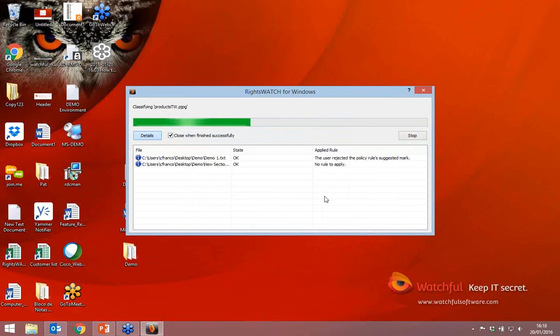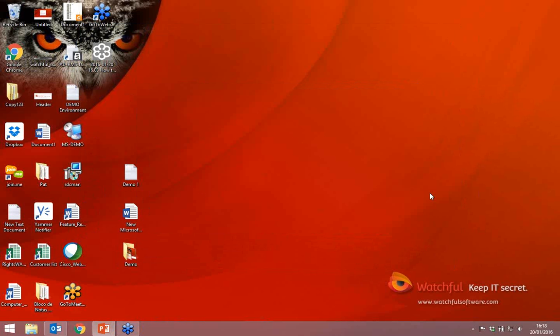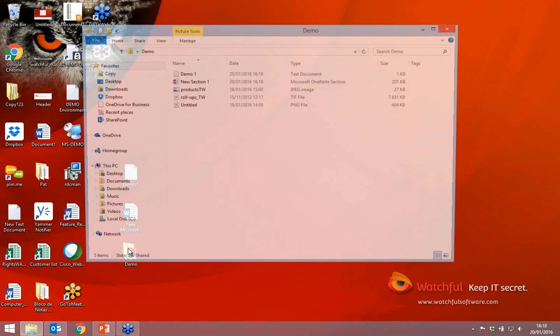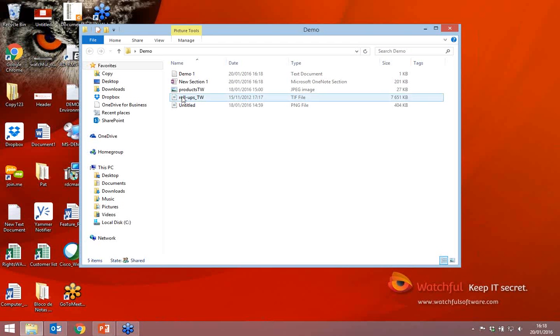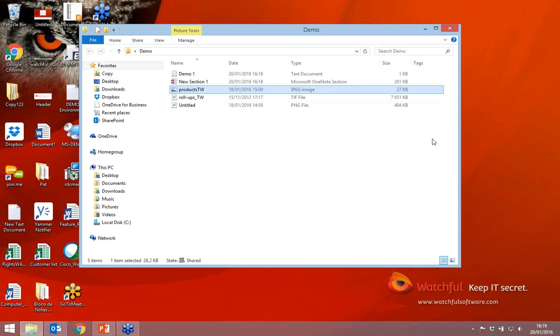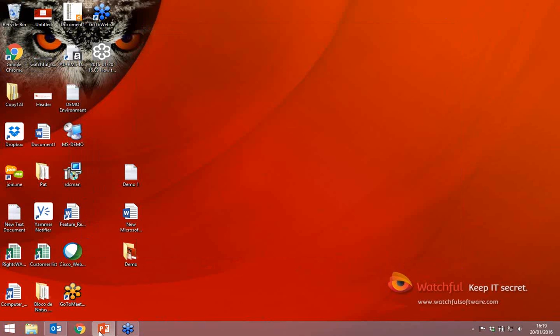So I say no again and again, and let's open it again and see that all the files are reverted to their original state. Let's open it again, and as you can see, I'm opening with Photo Viewer, not the Microsoft Sharing app as previously. So going back to our presentation,